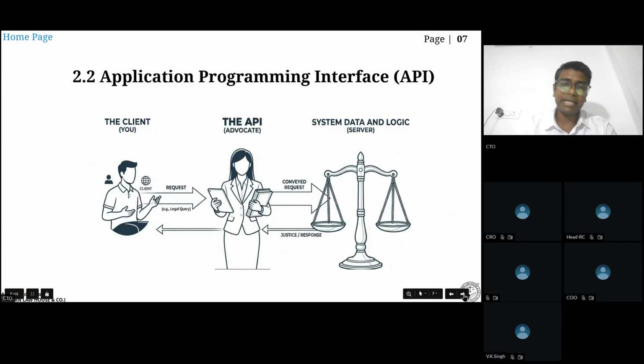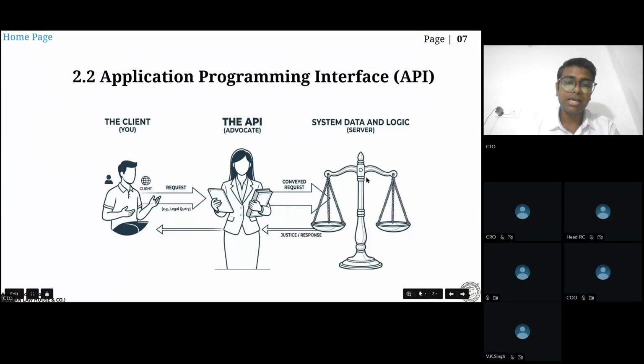I have used the word API. This is the full form, application programming interface. So through the word you can अंदाज़ा लगा सकते हैं आप कि क्या करना चाह रहा है। मैंने इसकी एक इमेज बनाई है। The client is the user, means you have requested something, so the API is the advocate. API will encode the data. API पहले लेमैन की भाषा को लीगल वर्ड में कन्वर्ट करेगा, that is called encoding and decoding into API। फिर जो API है वो फिर से एनकोड करेगा